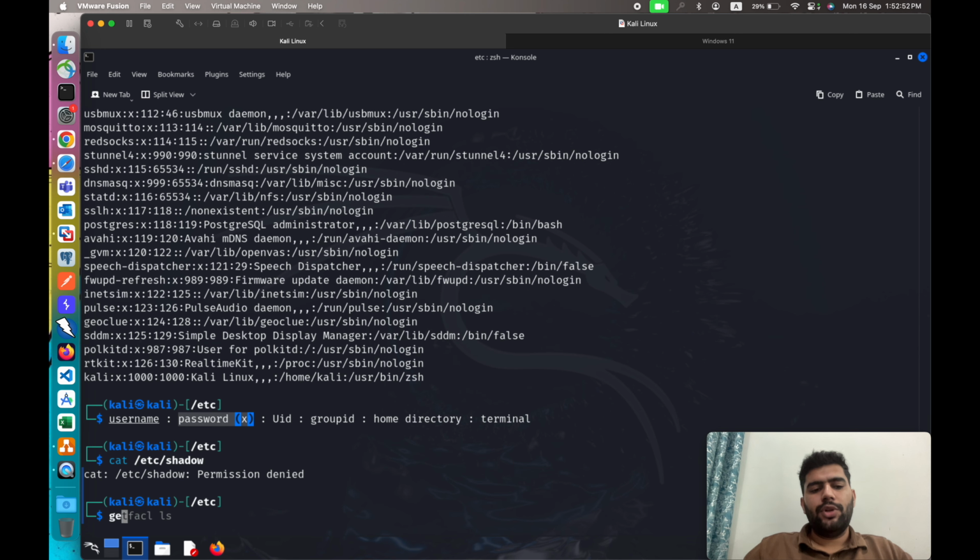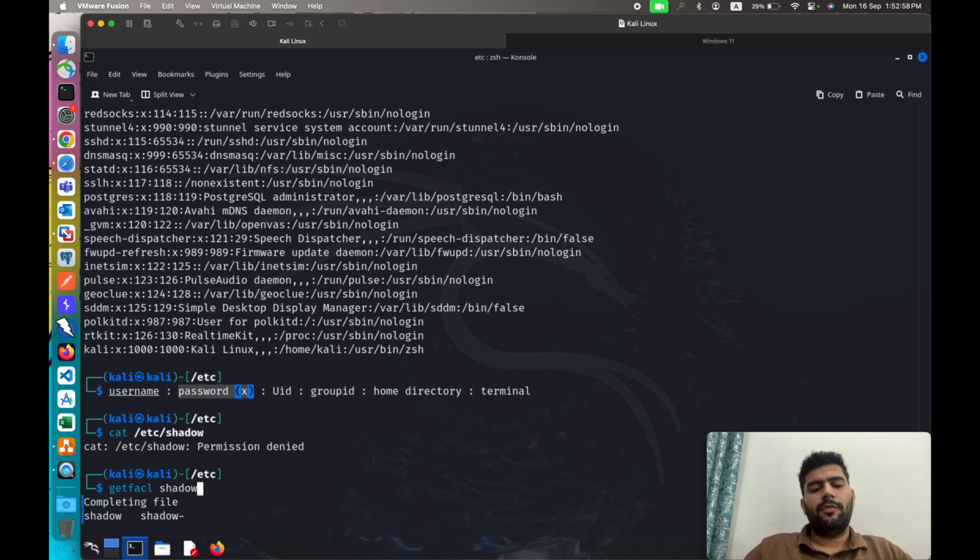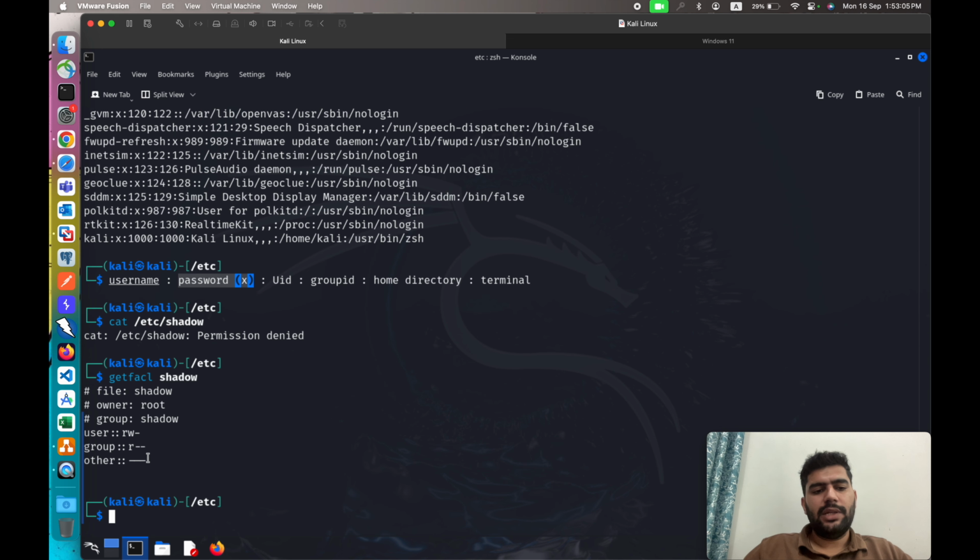If we check the permission, we can go with getfacl and the shadow file. We are already in this etc directory, so we don't have to enter /etc again. Hit enter. You can see the others don't have the permissions to read the file,